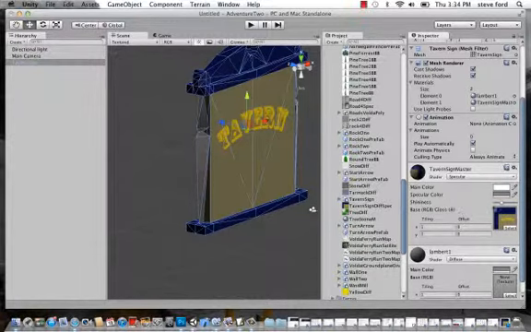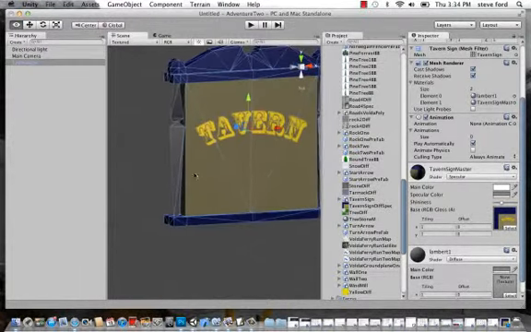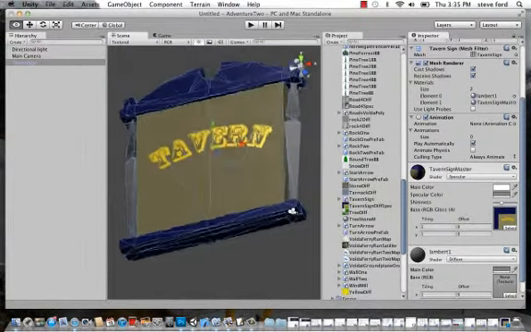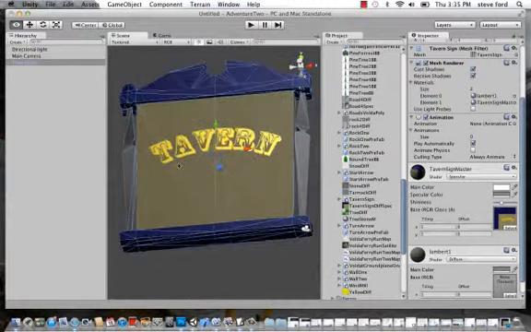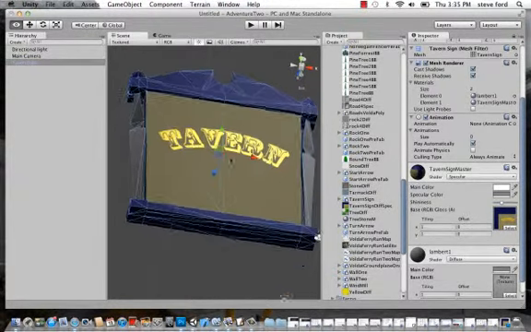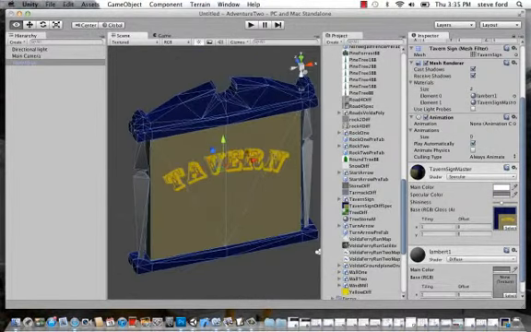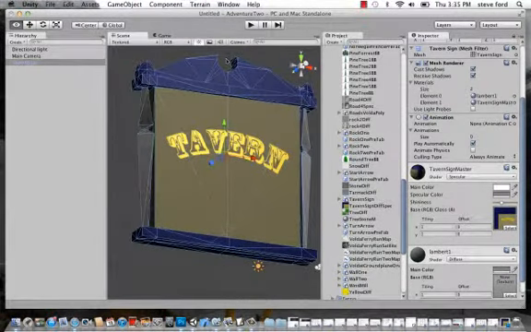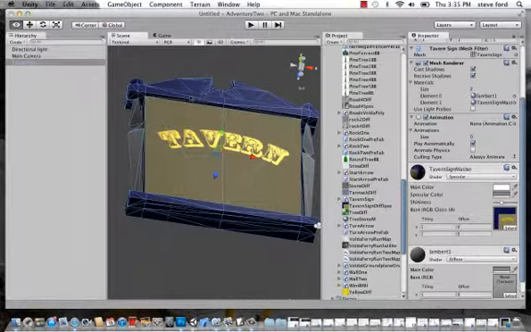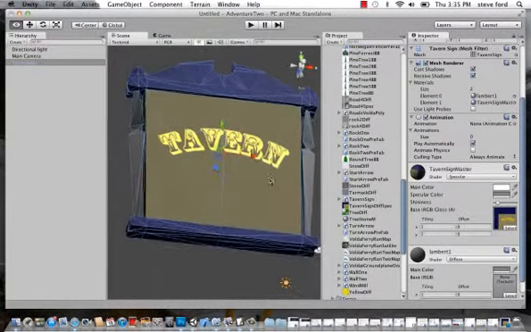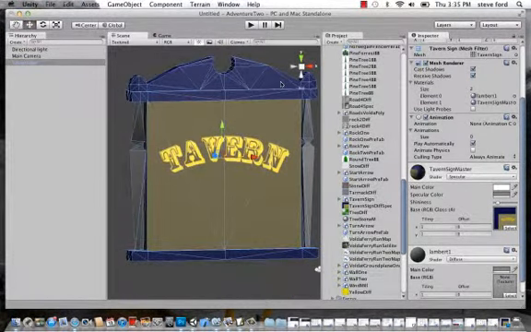So if I look at my sign under the lights here, as you see, it's shiniest where I have the gold text, and I get a little bit of shine up here on the top, so it gradates. Okay, so this is the shiniest, this is less shiny, and so I can go back to Photoshop, and in